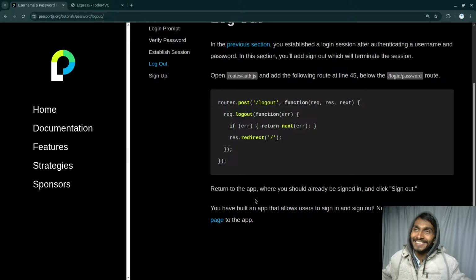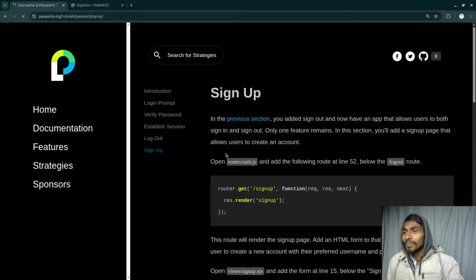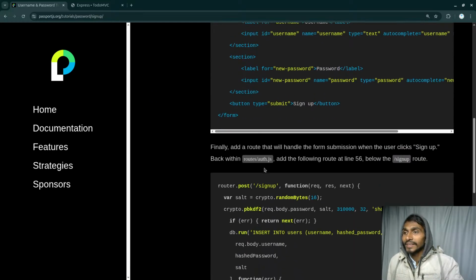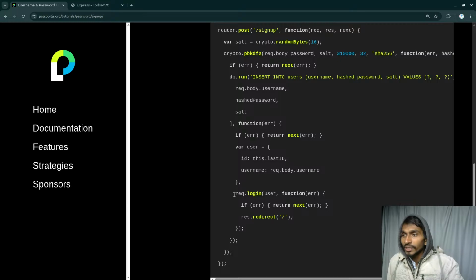I mean, seriously, I never expected that I could do it, but I did it. Okay. Then there's this sign up page. When you are signing up, at that time you have to run a method that is called over here, request.login. So request.login simply makes you log in. Even if you are signing up and along with sign up you want to be logged in, you can just run this particular method. You will be giving the user information, and that's it.